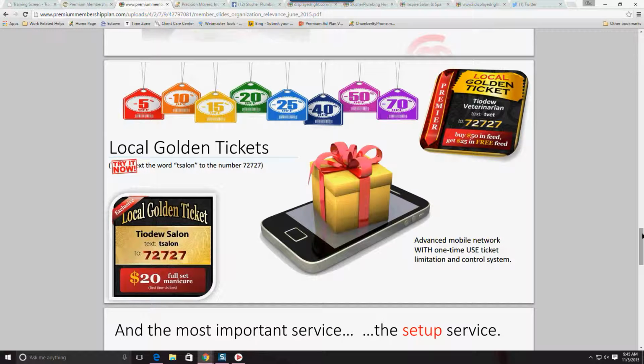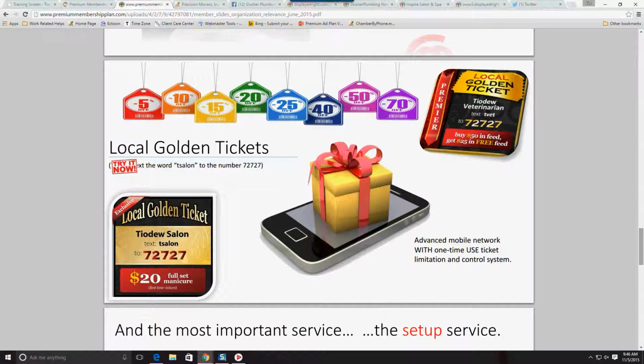Now this is a one-time redemption, and it remembers the person's cell phone number. So this cannot be mass-produced, it cannot be copied, it cannot be accessed on the computer. It can only be accessed from a mobile device. And once they access it and redeem it, they cannot access it again. They will actually receive a text telling them you have already redeemed this ticket. But this is a great way to help promote a special deal to bring traffic into your business.